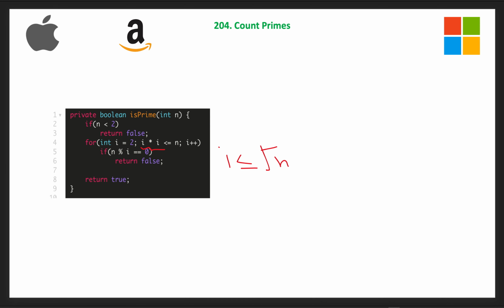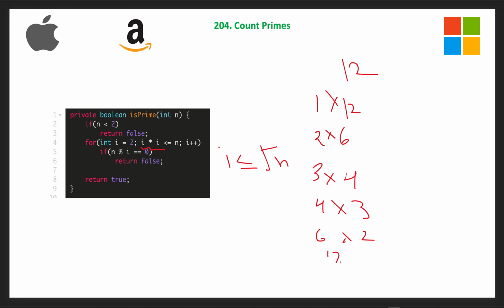Here is how it works. Let's take 12. We can write 12 as 1 into 12, then 2 into 6 as another pair, 3 into 4 as another pair. Then 4 into 3 is already covered, and similarly 6 into 2 and 12 into 1.